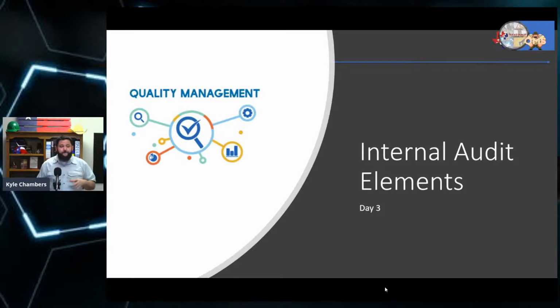Fantastic question. If you are new to auditing, if it's the first time you've ever done an internal audit, well, guess what? All of us that audit have been there before. Yes, there's tons of free resources. In fact, we've got some on our website here for an audit report template. There's no shortage of information out there available to get yourself a starting point. Then when you conduct the audit, you can, and emphasize can, but not should, go through the standard clause by clause and audit straight against the standard.